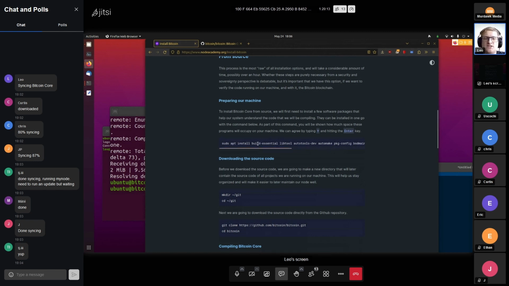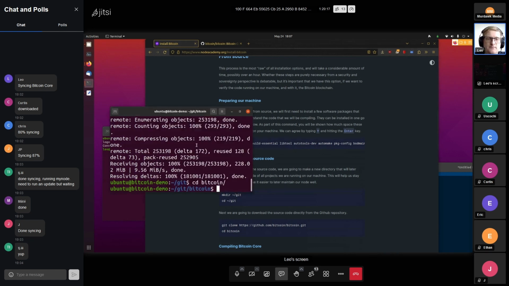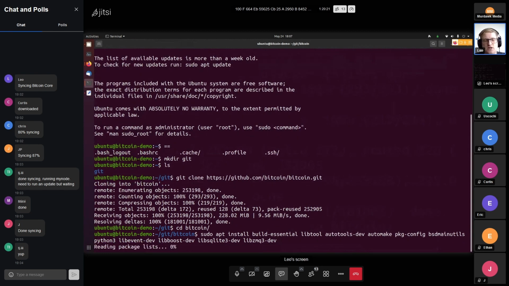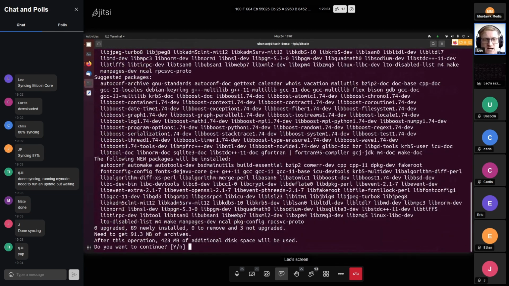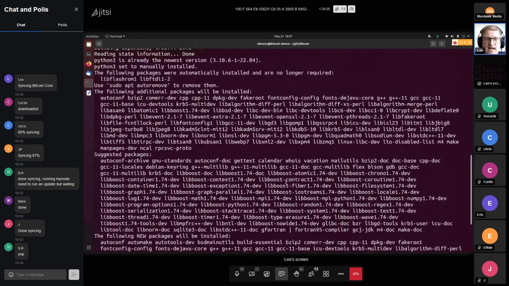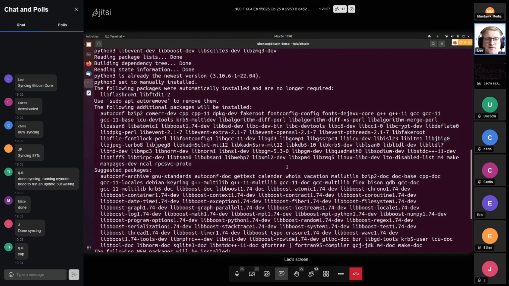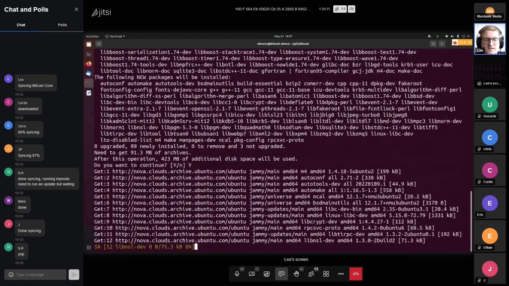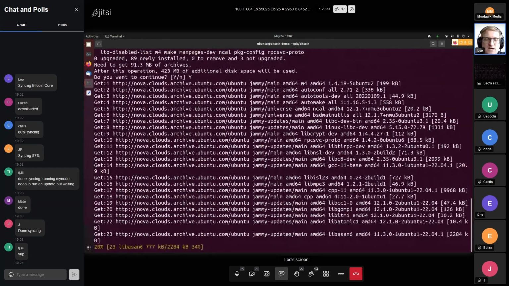We can copy paste that in here, and that will install all these packages. All these packages have dependencies, so in the end, we install about half a gigabyte of data onto this machine,